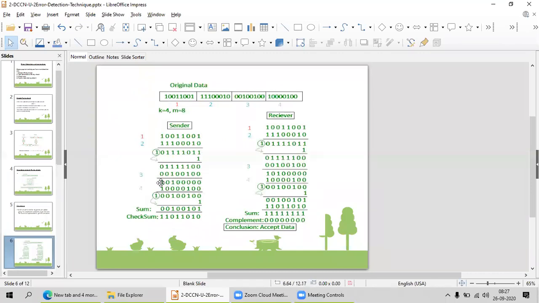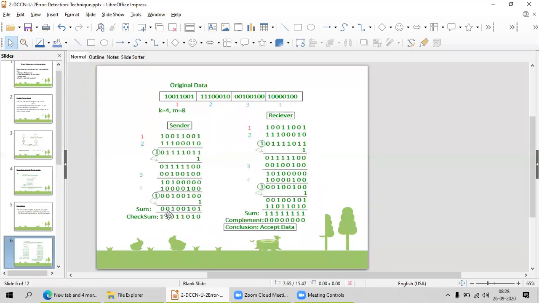Again XOR operation and 1's complement for that. Next, at the end, XOR after 1's complement, I got the sum. For that also, I am taking the 1's complement for that particular checksum.